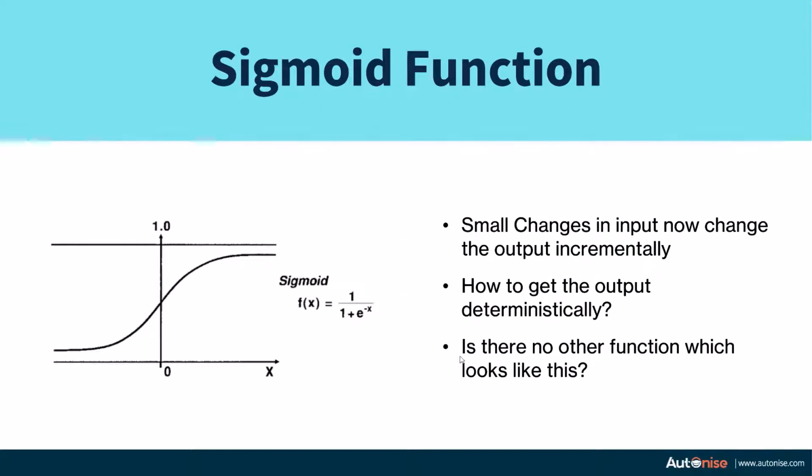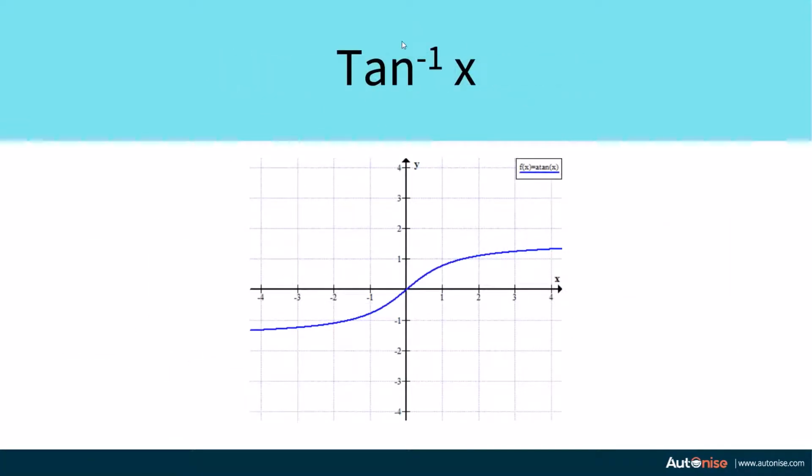So sigmoid is one of them and it works well. People have practically tried it out. Instead of using perceptrons, they have used sigmoid functions and it gives good results. Talking about the tan inverse x function, it's very similar to the sigmoid function. Its mathematical formulation is just 2 into sigmoid minus 1. So 2 into sigmoid will bring the output values going from 0 till 2, and when you do a minus 1, the output goes from nearly minus 1 to 1.